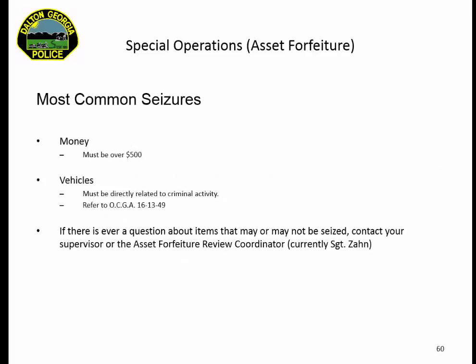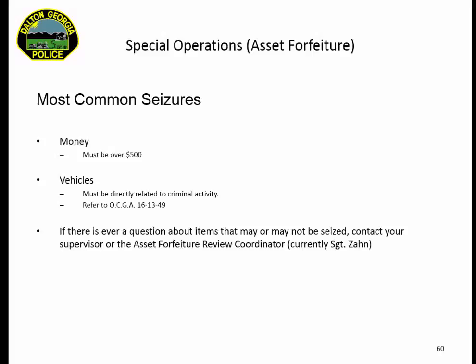Basically, when we're looking at this, the most common items seized by patrol officers or even detectives, first of all, are money. The main thing to remember is that in order to seize money that's related to criminal activity, it has to be directly related to criminal activity, and it has to be an amount over $500. Okay, and then vehicles are also items that are commonly seized, and they must be directly related to criminal activity.